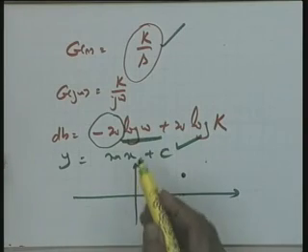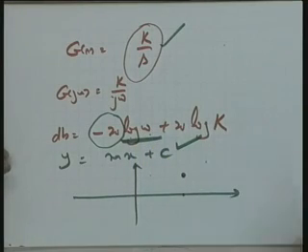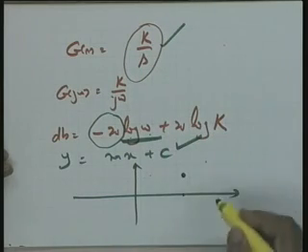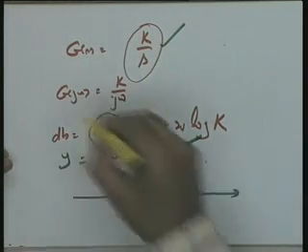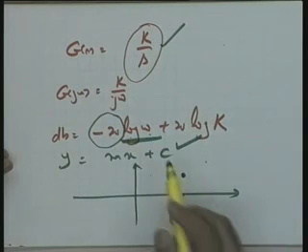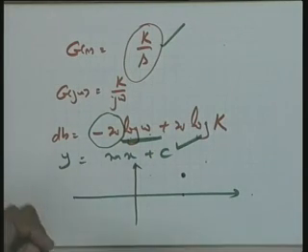Equivalently, if you take omega equal to k, you find that dB is equal to 0. So it means your line has to cut this horizontal axis at omega equal to k. I leave it to you, see what method you are more comfortable with. Either you locate this particular point and pass a line through this, or you take the omega equal to k point on this axis and pass a line of minus 20 dBs per decade through this.